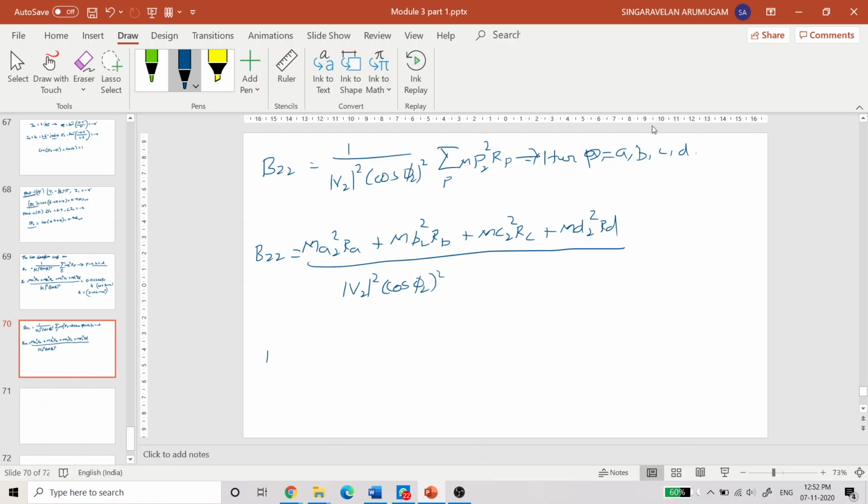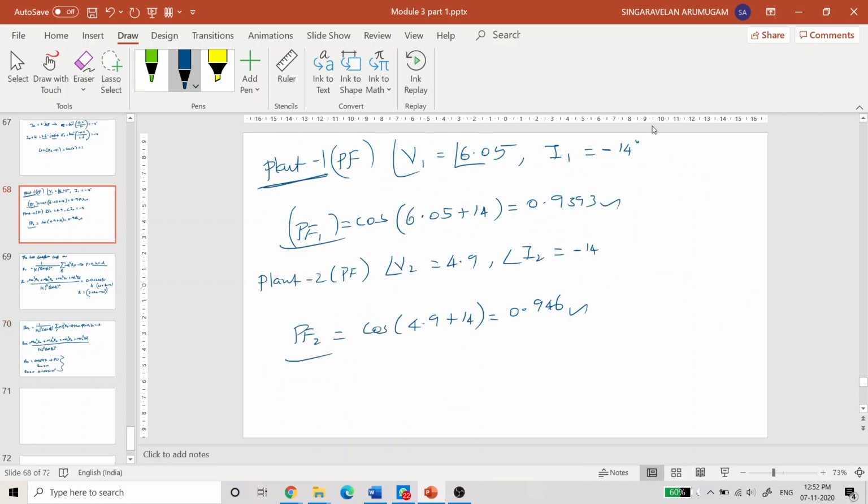If we substitute all the values, we get B22 is equal to 0.01597 in per unit, and if you convert with the base of 200, I will get B22 is equal to 0.1597 in megawatt inverse. So this is how we need to find out the coefficients.